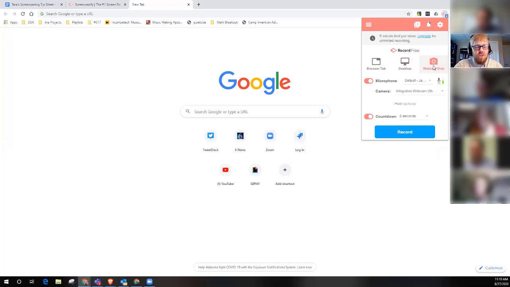And then you can also do webcam, so that all it's recording is what's coming through your webcam, okay? Which might be a thing you want to do if you're demonstrating something. So if you're a music teacher, an art teacher, or something like that, and you have to actually demonstrate a technique, the little picture in the bottom with a blank Word document taking up most of the screen isn't really very useful in that instance. And so what you may want to do then is go webcam only and record just you, okay? And that's an option that you have.